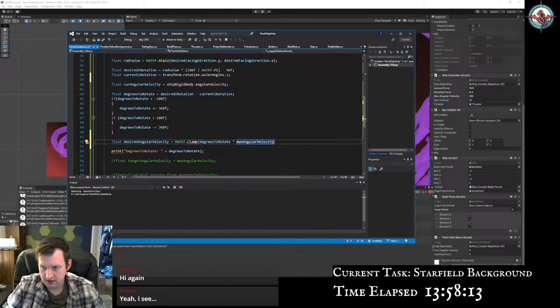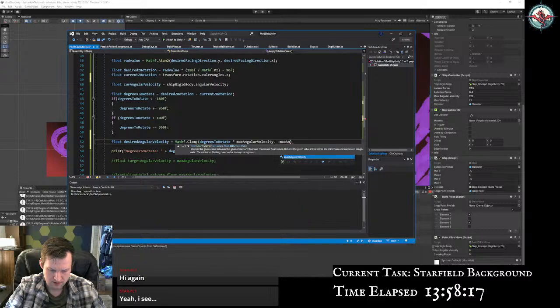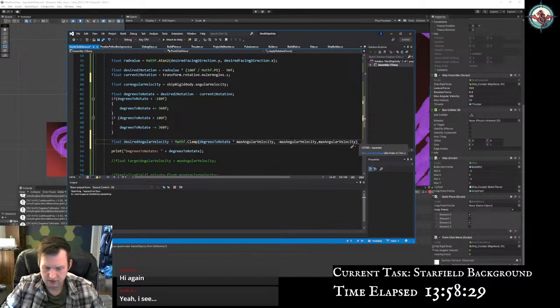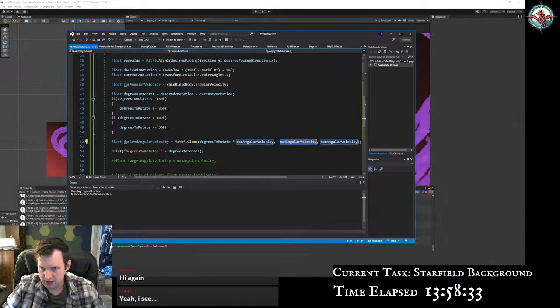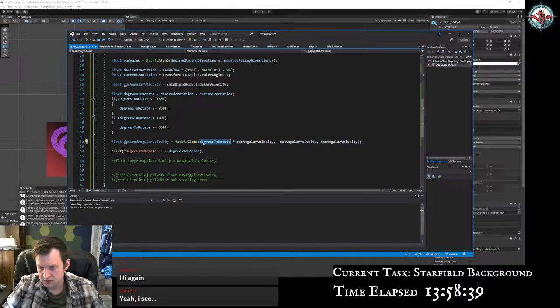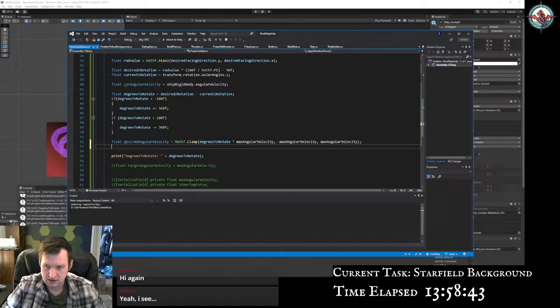We need to clamp that value to something between positive and negative max angular velocity. So we can never be trying to go faster than the max angular velocity. So taking the degrees to rotate times the max angular velocity, clamping it to negative or positive max angular velocity,